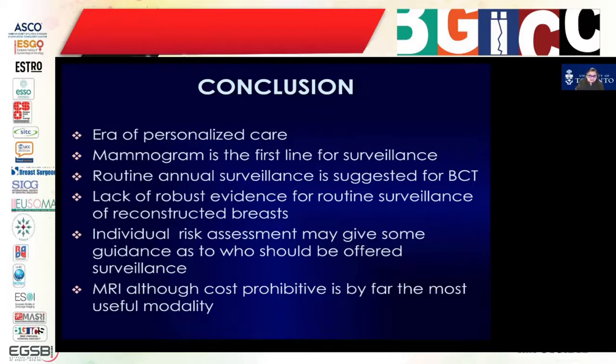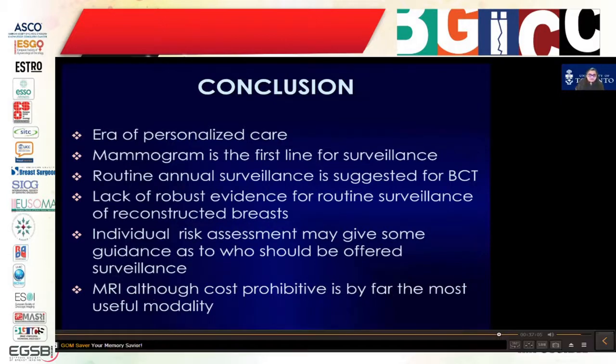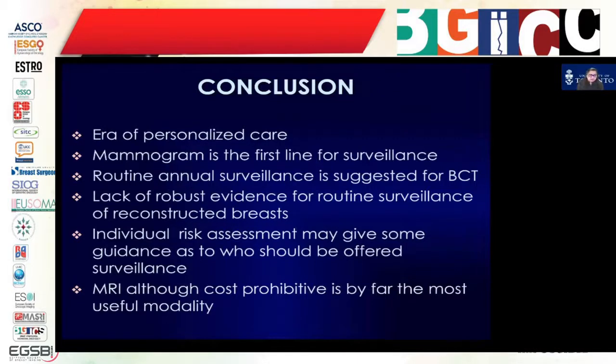So mammography is the first line of surveillance that has been clearly indicated by all the societies and guidelines. Annual surveillance is suggested for breast conservation treatment. We already saw that. There is lack of robust evidence for routine surveillance of reconstructed breast. We discussed that at length. Individual risk assessment may give some guidance as to who should be offered surveillance, particularly in a high risk status with nipple sparing, skin sparing,